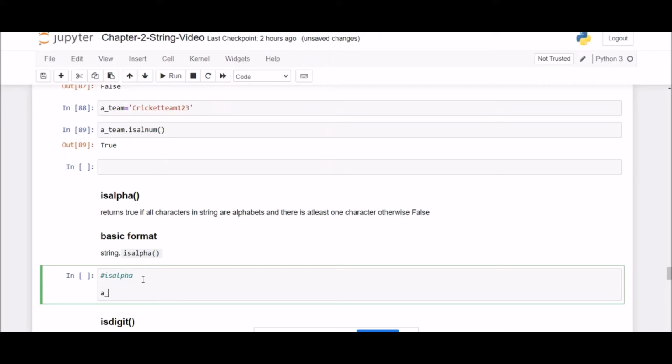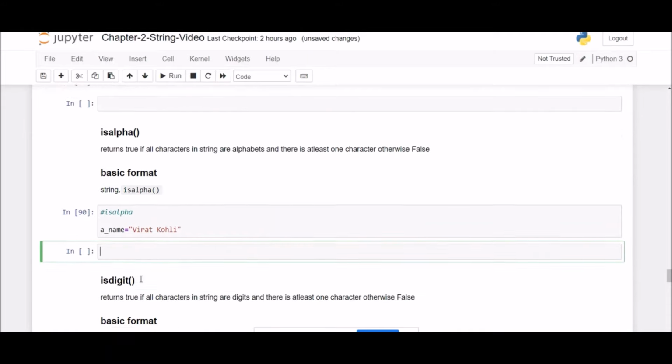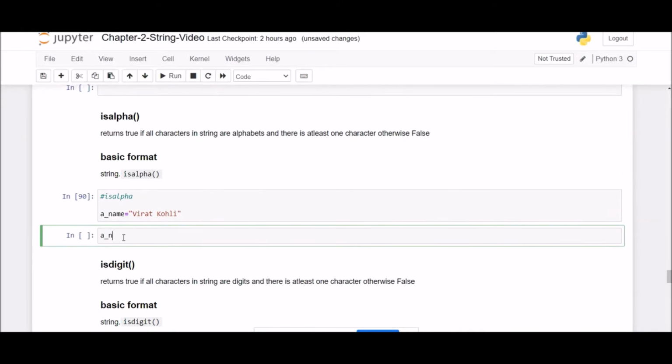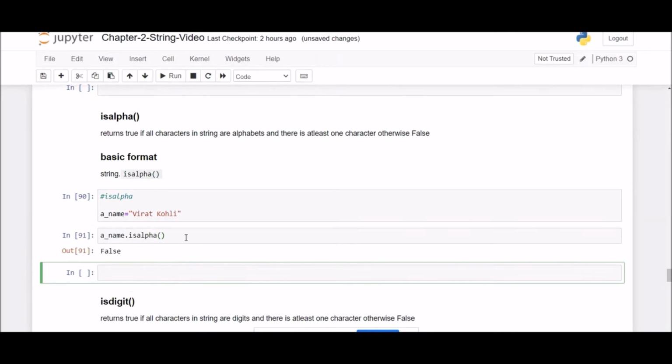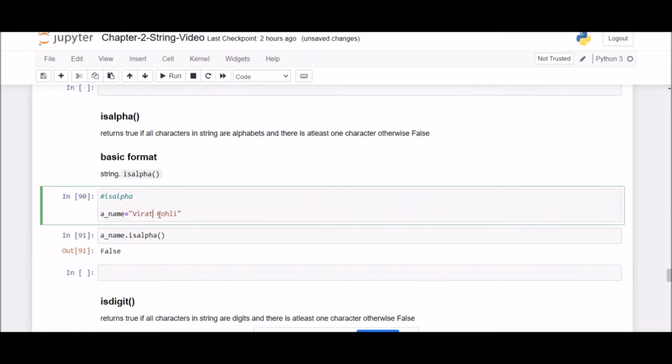For example, if I take a variable name and assign it the value Virat Kohli, and execute this, what do you think isalpha will return if I apply it to the variable name? It will return false. Why? Because again it contains a space.